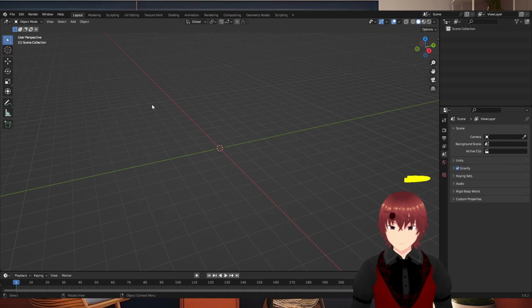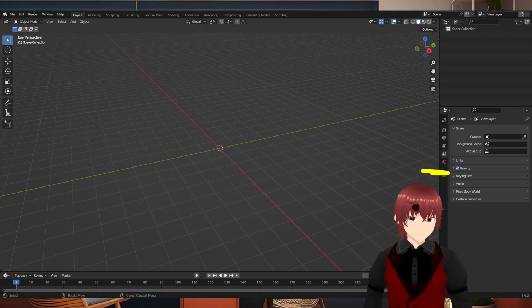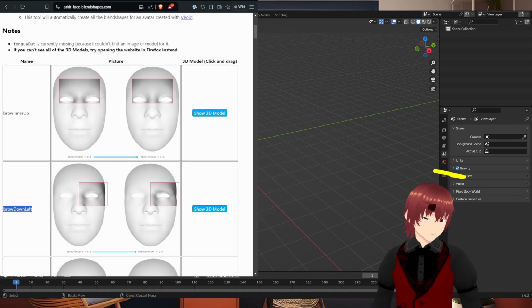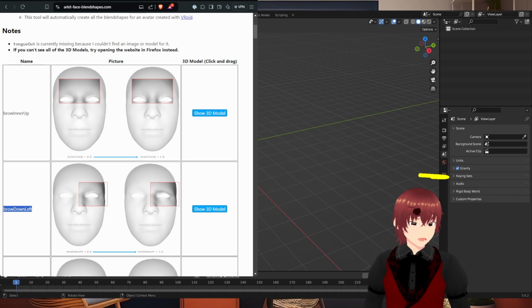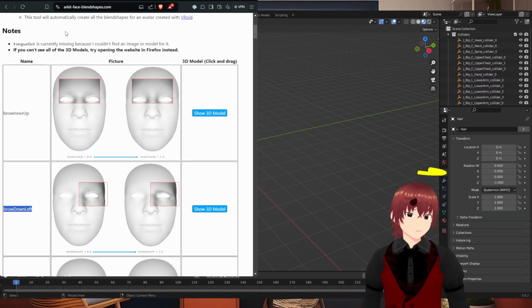So, blend shapes. It'll take a while to load, and then there's this site that is very important for the blend shapes. I'll link it in the description. It is called